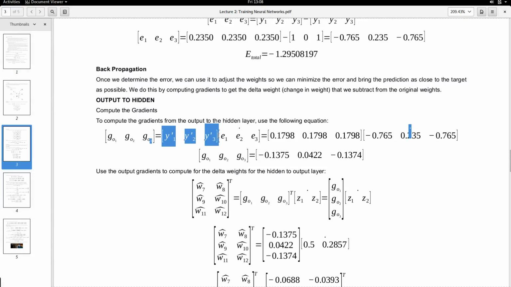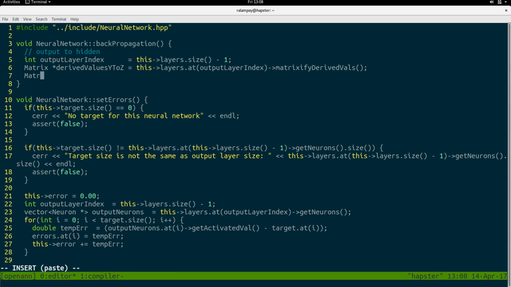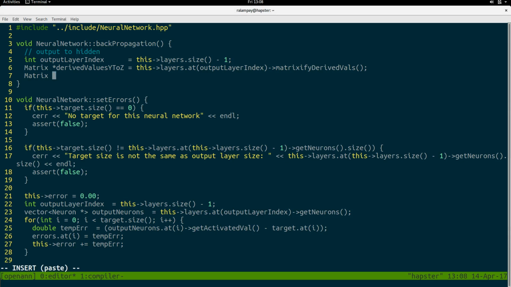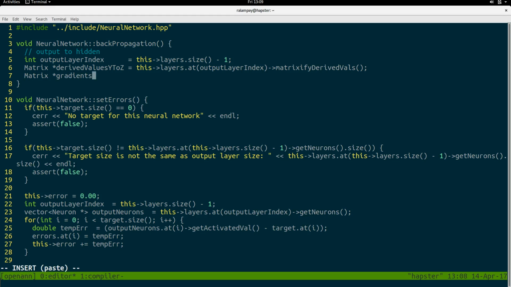Okay, and then for our error function, we actually loop through. Yeah, so what we'll do is we'll create a new matrix with the same size as the output values. So we can say gradients y to z is equal to a new matrix of size one row and whatever the size of our output value is. So that would be this layers at output layer index